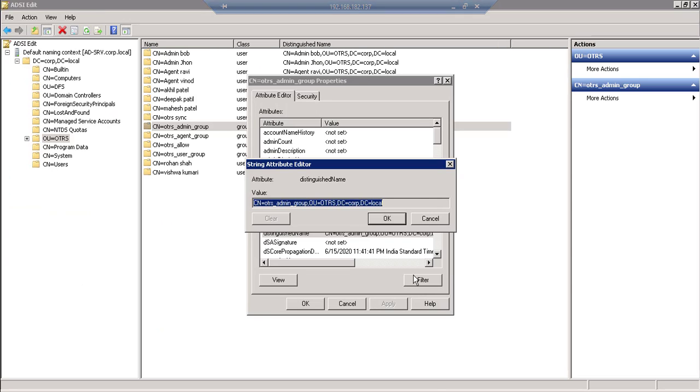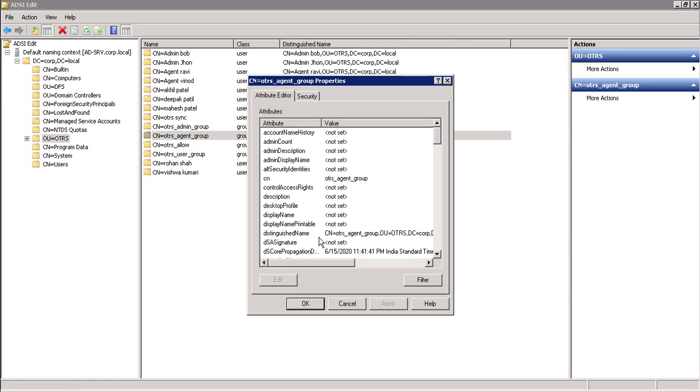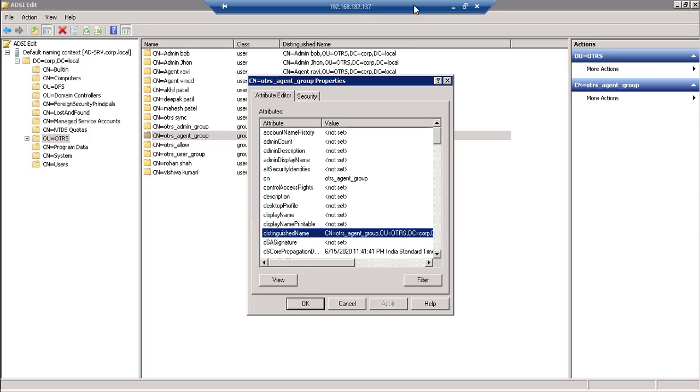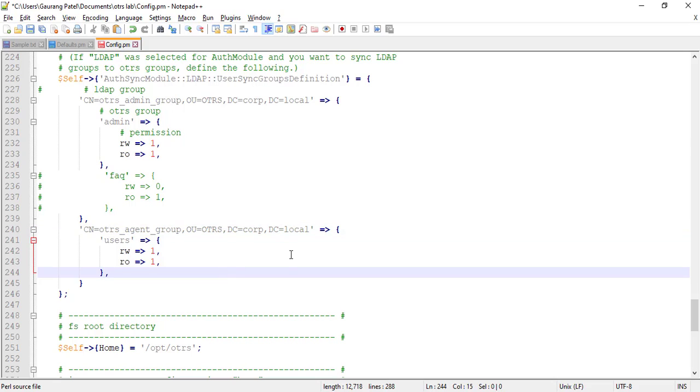Let's go to our Active Directory and copy the agent's distinguished name. Only members of the OTRS agent group can have full permission on users.